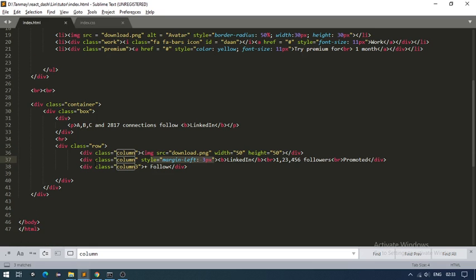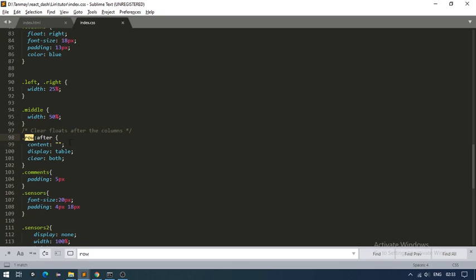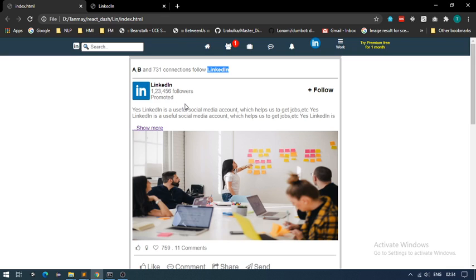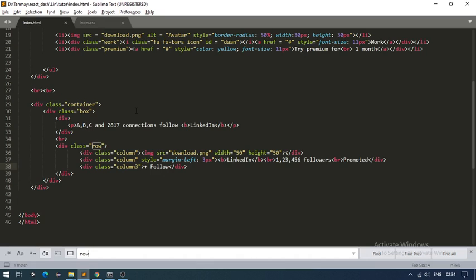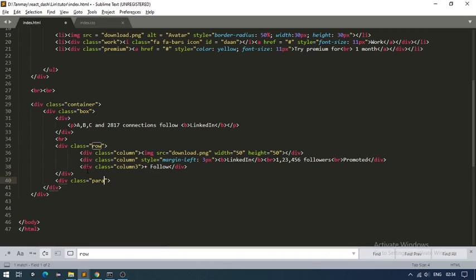So the next thing here is that, also let me show you the CSS for row. The content is nothing, display is like a table, clear is both. Now the next thing here, we have a paragraph type. Let me just come out of this row and give it another class of para,